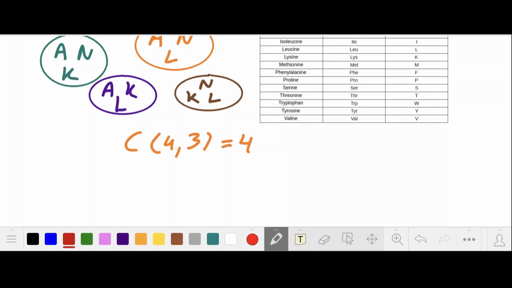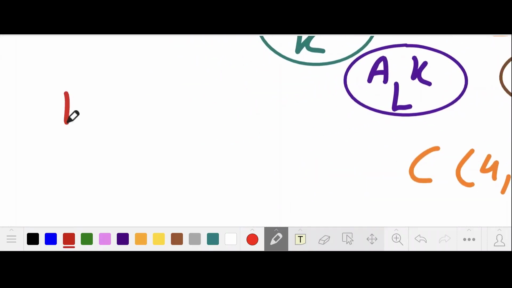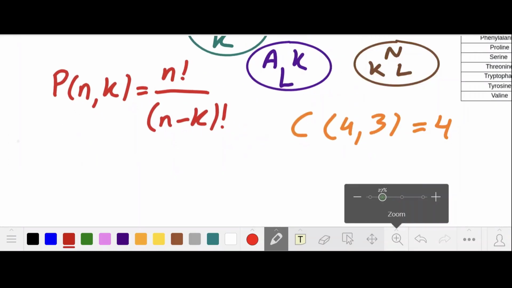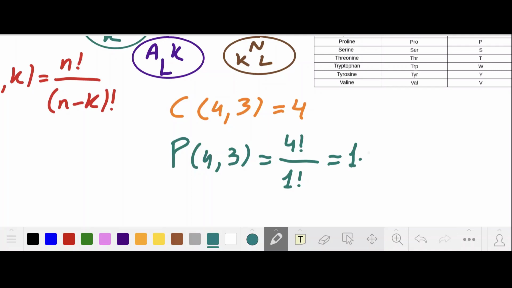Now let's calculate their permutations. I remind you from the previous video that the general formula for the permutations of n objects taken k at a time equals n factorial divided by n minus k factorial. Okay, so the permutations of those 4 amino acids taken 3 at a time equals 4 factorial divided by 1 factorial, and that is equal to 1 multiplied by 2 multiplied by 3 multiplied by 4 equals 24 permutations in